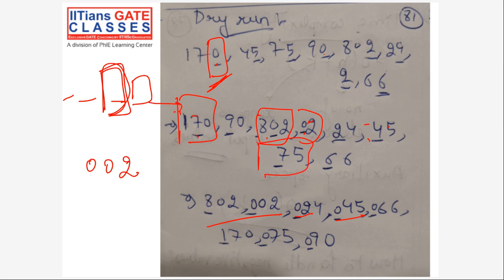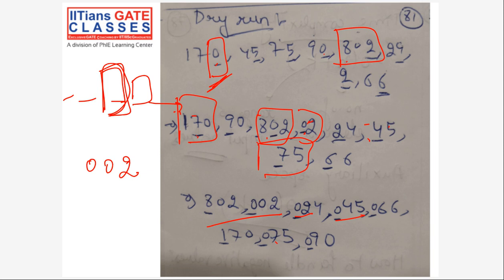So after 6x you put 170 and then 75 and lastly 90. All right. So this was for the sorting based on the second bit from the right. Now, if you see, the maximum number in this list is a 3-digit number. So basically what I want to say is you have to apply radix sort 3 times only. 3 iterations will happen.